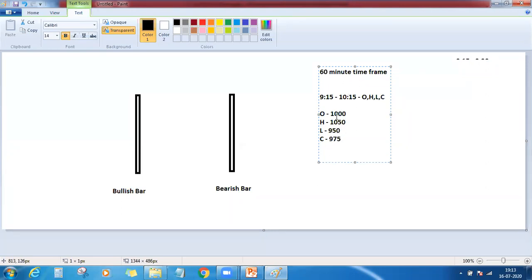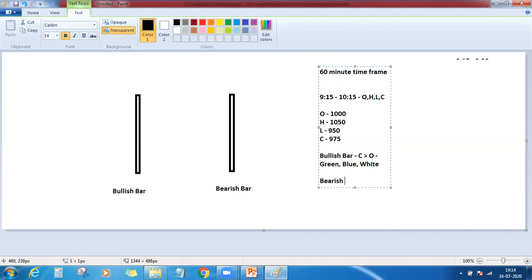So whenever you have these four components of the price, immediately your focus should shift to whether the closing price is greater than the open or not. So for a bullish bar, the closing price should always be greater than the opening price. And you will represent the color of this bullish bar by green. And in some softwares, it is also depicted by blue color. And in some softwares, it is depicted by white color.